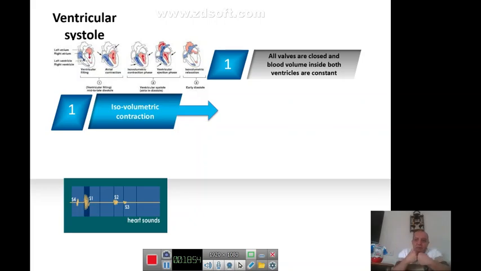بس ايش اللي لازم نعمله؟ يجب ان احبس هذا الدم داخل هذا الفنتريكلز اللي قلنا حجمه تقريبا 110 الى 120 ملم، وبعدين ارفع الضغط داخل هذا الفنتريكلز حتى يكون اعلى من الضغط الموجود في البلمونري ارتري وفي الاورتا. ليش ارفعه اعلى منه؟ لكي افتح الفالفز of the pulmonary and aorta. ما يمكن اصلا نفتحهم الا اذا رفعنا الضغط.